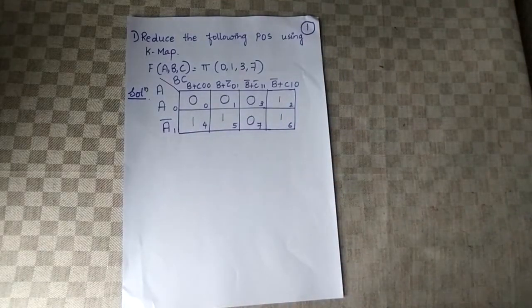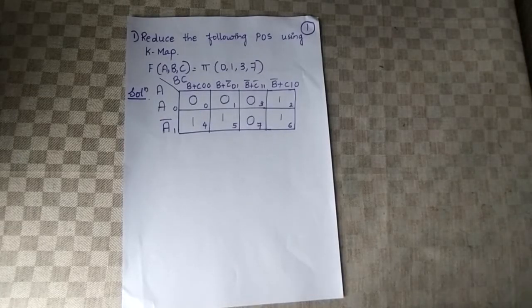Now we have to go for grouping. So the first rule for grouping is we have to check whether there is octet. Now I have to check whether 8 zeros can be grouped together. So according to this example, we don't have 8 zeros. So octet possibility is not there. Next I need to check for quad. Quad means 4 zeros together, either in vertical, horizontal or overlapping form.